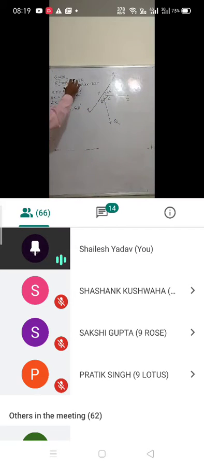Now you need to find angle XYQ. First part, you need to find angle XYQ. So angle XYQ is equal to 64 degrees plus X degrees. In the diagram you will find angle XYQ equal to 64 degrees plus X degrees. So it is equal to 64 degrees plus 58 degrees. If you add, it is 122 degrees. So the value of angle XYQ is 122 degrees.